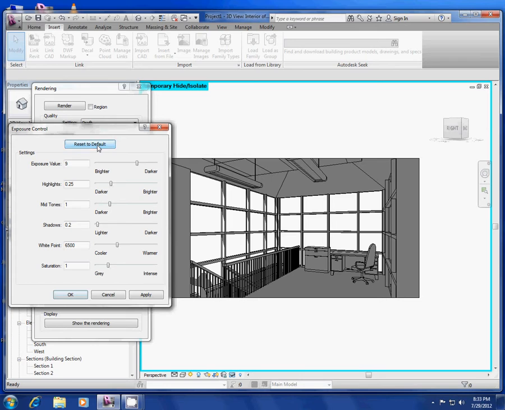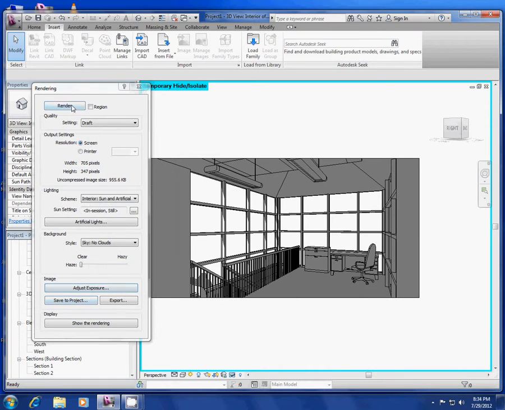If you want to reset it to default, 9's pretty good. If you want it to be darker and less blown out, you can go ahead and go here. And if you want your scene to be more blue, you'd go to cooler. If you want it to have redder tones, you go to warmer there. And what I would do is I would render